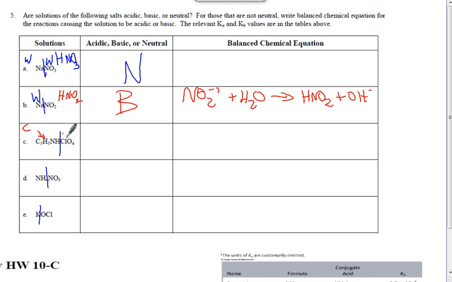This one, what is the opposite of ClO4? HClO4, which is the strongest acid that you can store. So it's the strongest acid. That means that ClO4 itself is really, really weak, isn't it? So this is a scenario where the